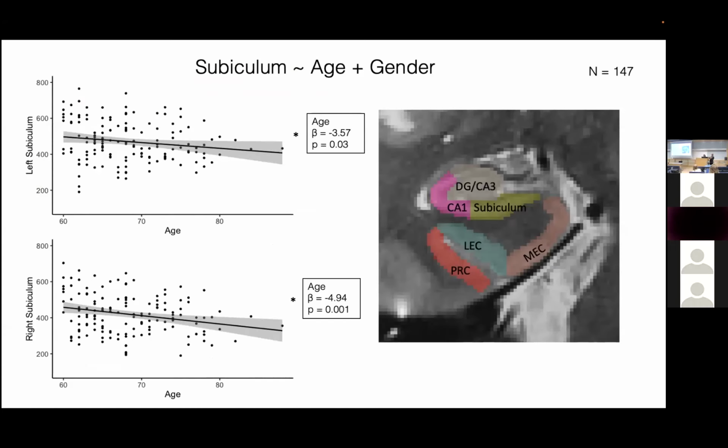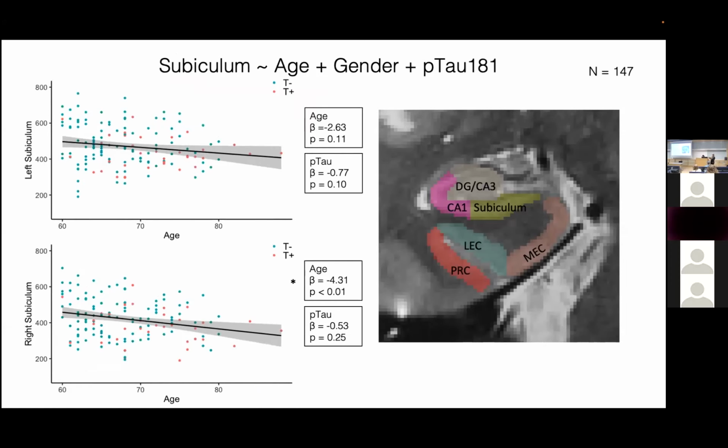Okay, so the next volume that is affected by p-tau is going to be subiculum. And you can see here that subiculum has a correlation with age, but in terms of p-tau, there is no relationship between p-tau and subiculum. If we looked at total hippocampus, this is true. If we looked at left and right hippocampus, we're just not really seeing a relationship with p-tau in any other region except for CA1. And we also looked at head, body, tail, anterior and posterior as well. Okay. All right. Thank you so much.